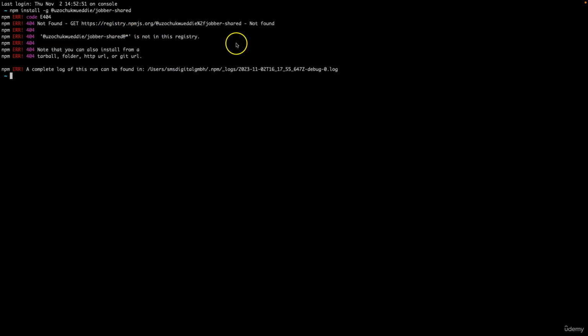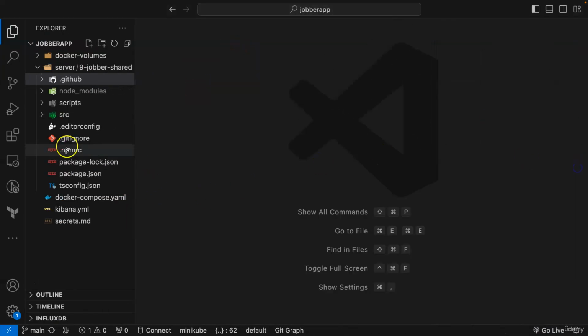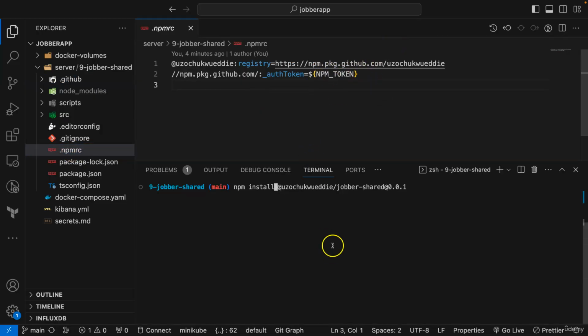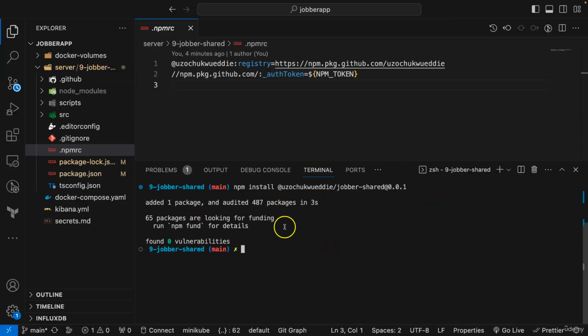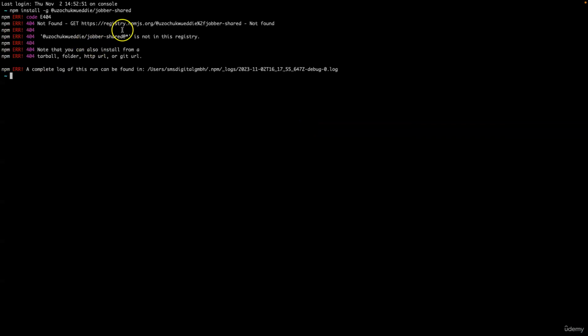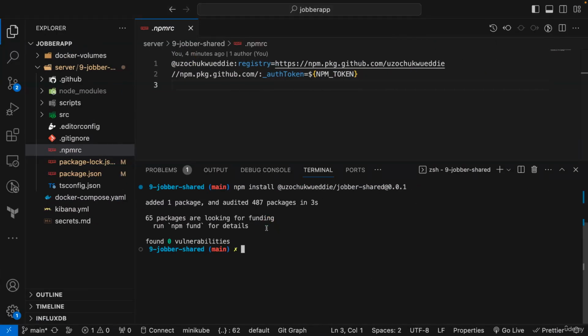So for this to work, we would need to add the .npmrc file to all the projects where we need to install. Okay, so for now it's not going to work because it couldn't find this .npmrc file and the token. But if we want to test it out in this project, let's see if it's going to work. Right now you can see here in this project it's working because we have a .npmrc file, okay, and it has the token. But here we tried to install it globally, it did not work because it couldn't find the token, and it's saying it couldn't get it in the registry. Okay, so let me go ahead and uninstall this